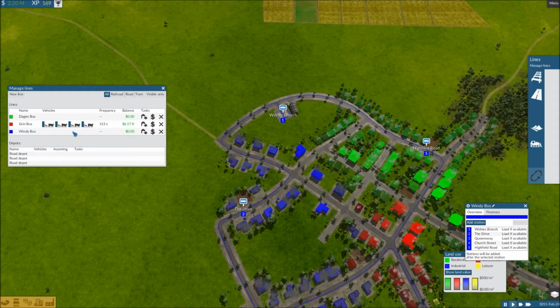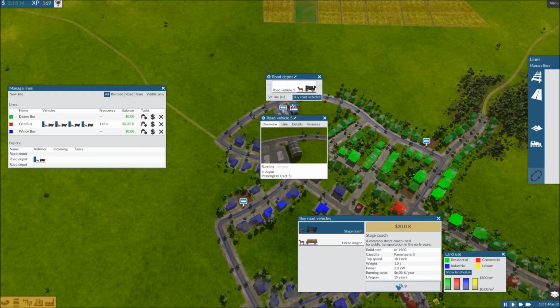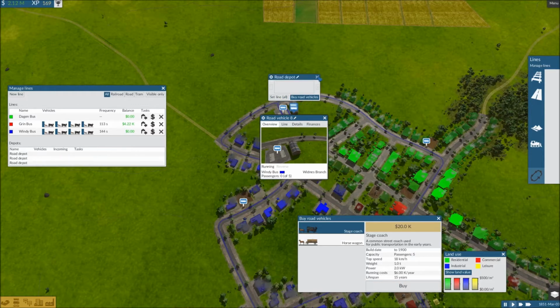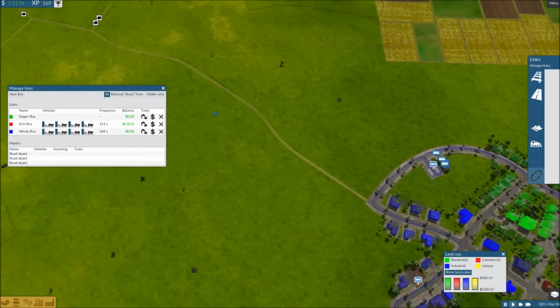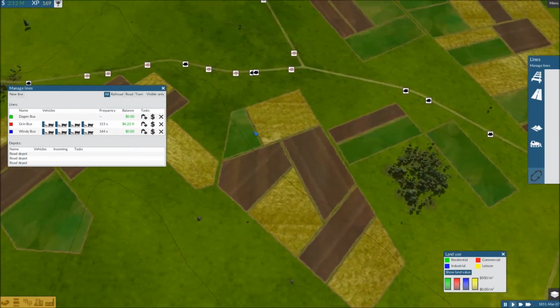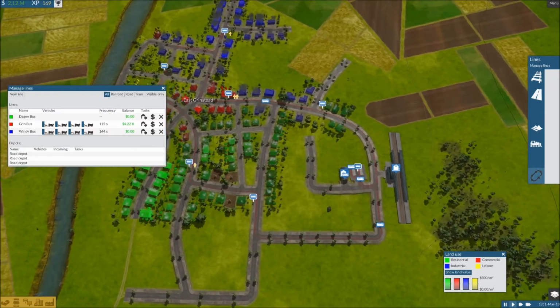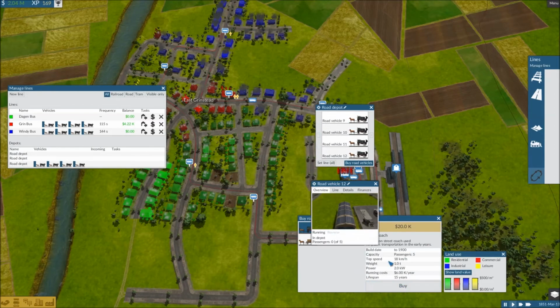So I still need to set up cars on each one of these. So we'll do that. Let's buy 4 of these. Set them to the windy line. There we go. And go over here to Grinstead and start with 4 of you and set you all to